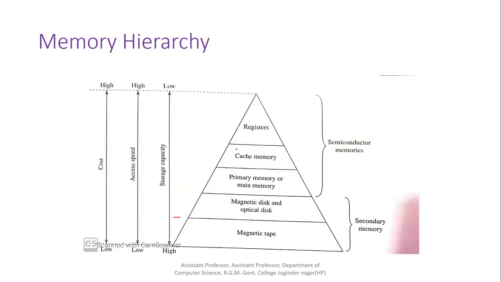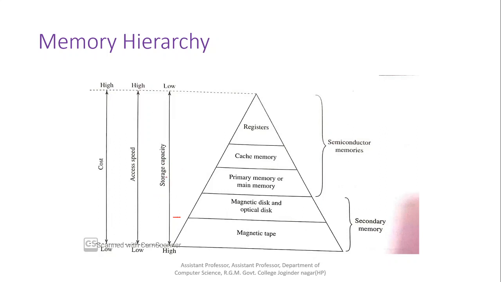Next, what is memory hierarchy in a computer system? It is the organization of memory, how different types of memories are organized in a computer system based on their cost, their access speed, and their storage capacity. So what is access speed? Access speed is the time interval between the read or write request and the availability of the data. The lesser the access time, the faster is the speed of the memory, and the better that kind of memory is. Similarly, we have storage capacity.